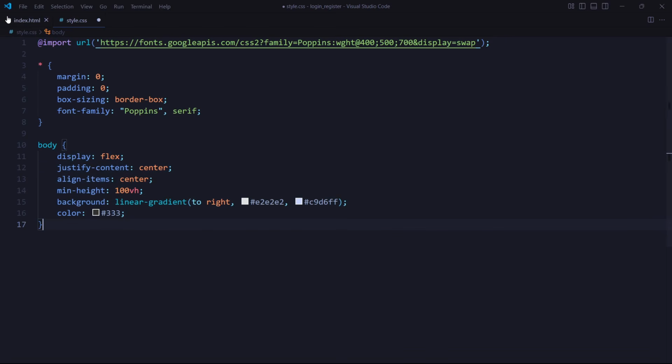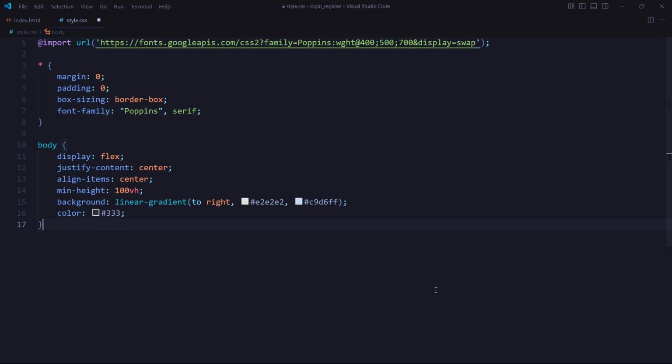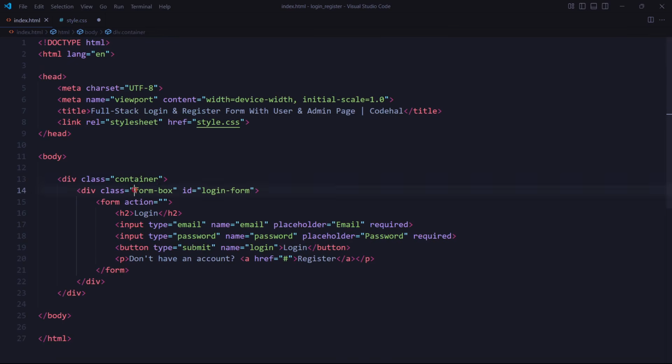Then for the element with the class container, margin 0 15 pixels to add a horizontal margin of 15 pixels on the left and right sides to prevent the layout from being too close to the edges of the screen, while the top and bottom have no margin with a value of 0. This margin setting will be more noticeable on responsive layouts, or when the screen size is reduced. Next, for the element with the class form box,